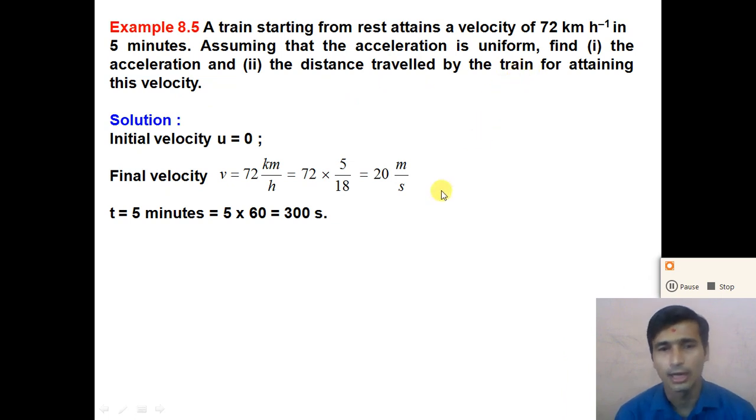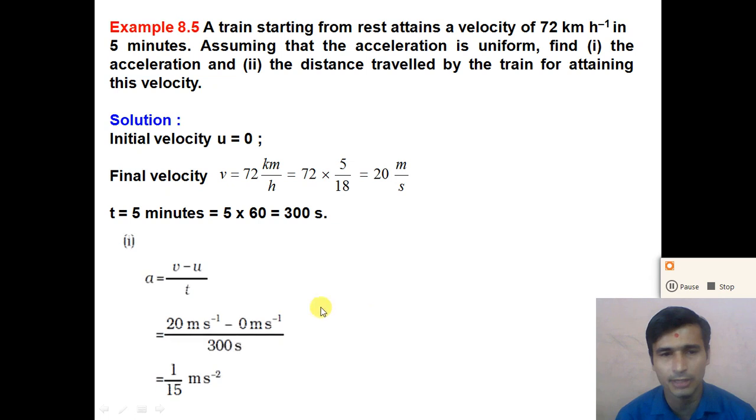So dear student, how do we calculate the acceleration? What is the definition of acceleration? Acceleration is defined as the ratio of change in velocity divided by time. So acceleration a is equal to change in velocity divided by time t. Change in velocity means final velocity minus initial velocity, v minus u, divided by t. So here the formula of acceleration a is equal to v minus u divided by t.